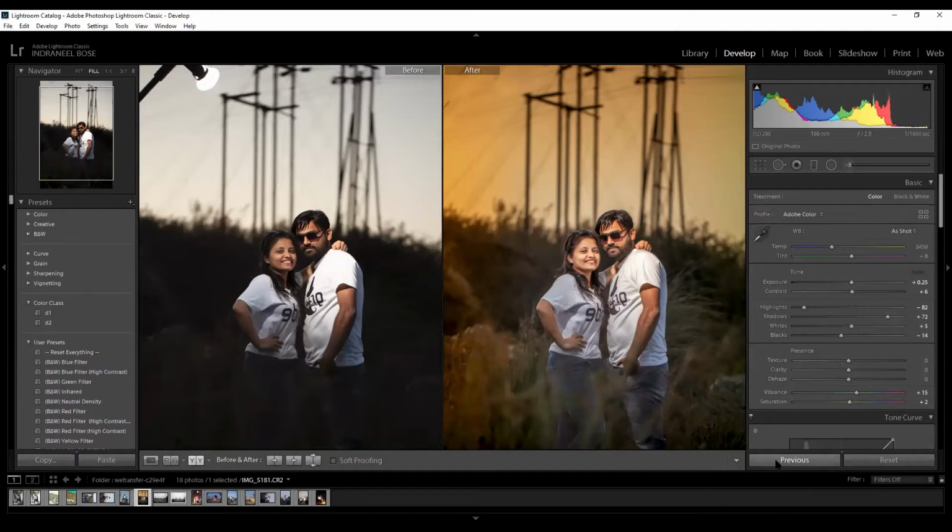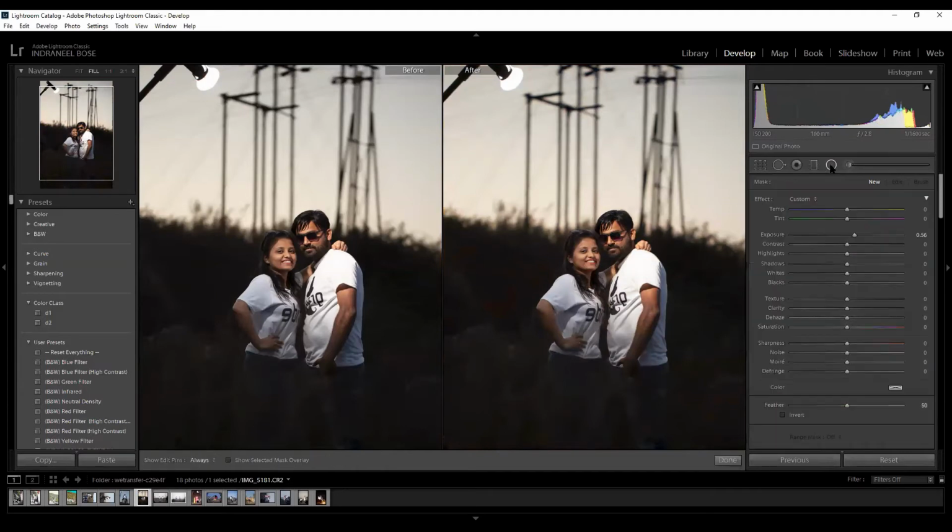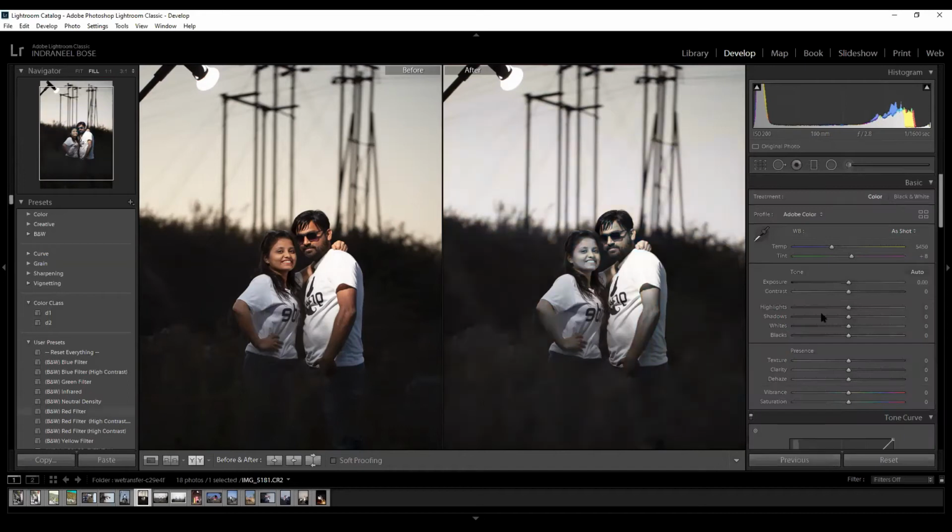Any doubts about the basic color editing that you're doing? No. It's a very easy process if you start masking it. Previously, the issue was that we used to always pull like this over. But now, as we are using the graduated filter and radial filter, we can easily work on the areas that we want. Now let's come down to another typical image.